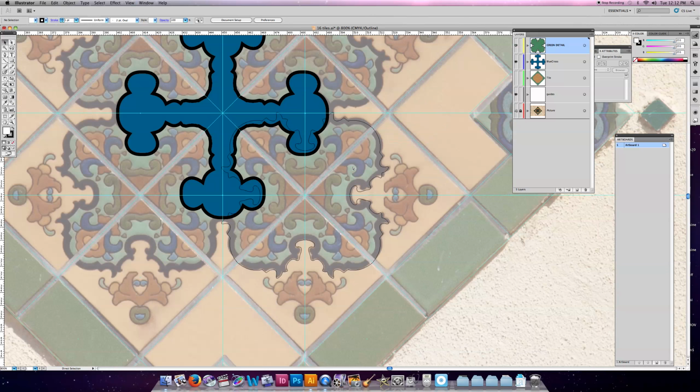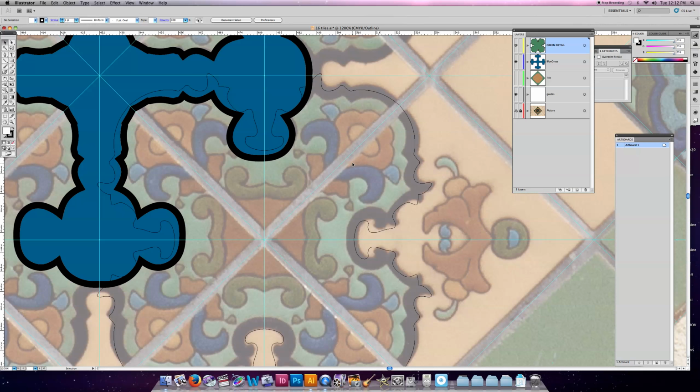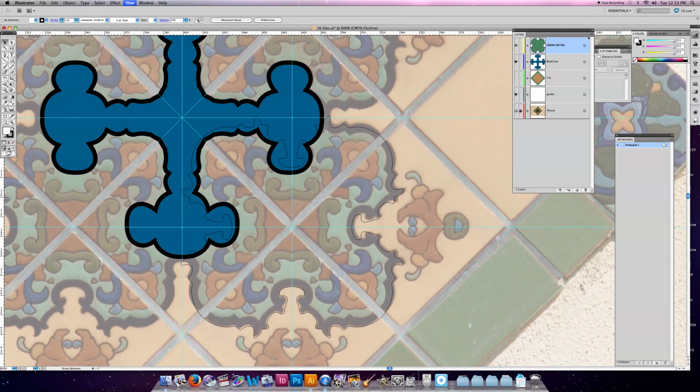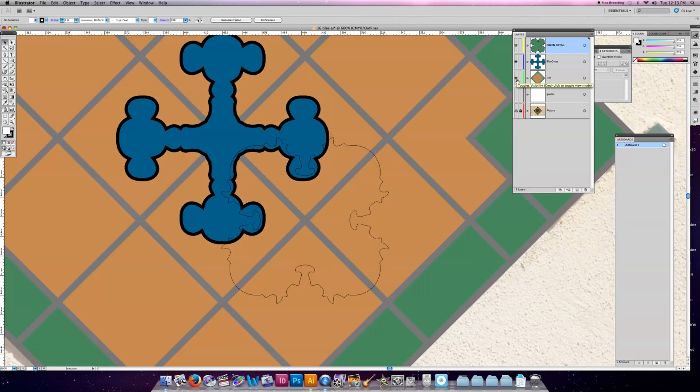So I'm going to zoom in, and I can't do this at once. I have to do this in multiple steps here. Each color of the flower needs to be done in a different step. Okay, so the first thing that I'm going to need to do is show you how to create guidelines. So right now, if I undo my guide and I bring my tile back up,